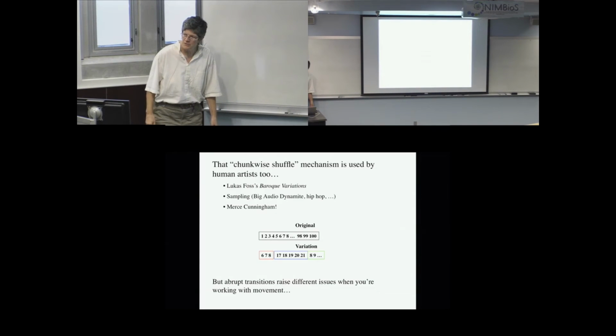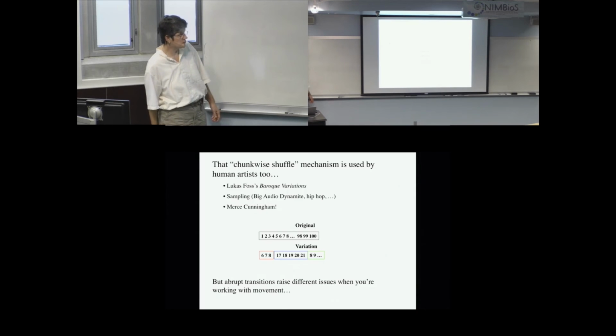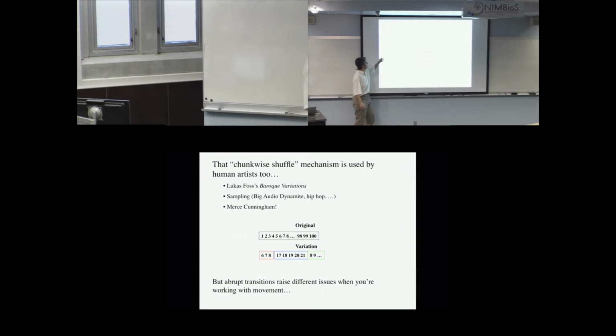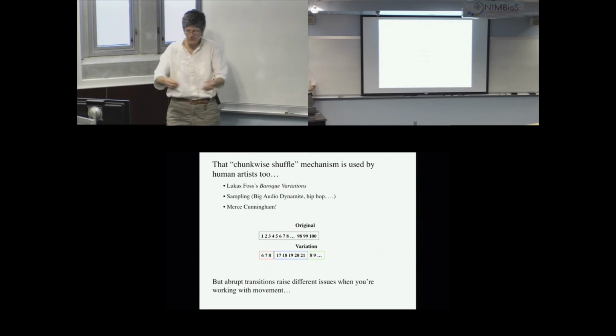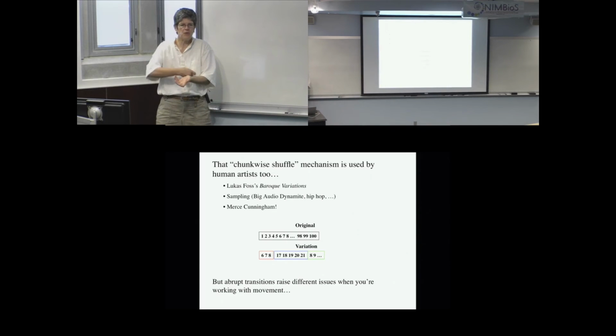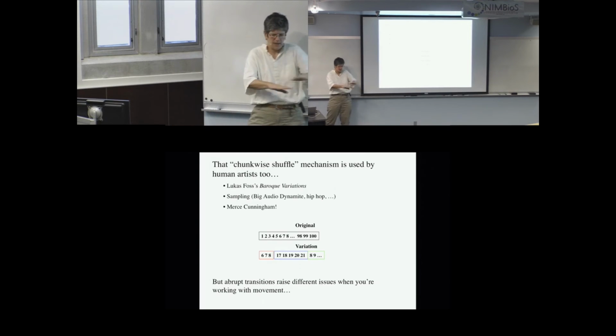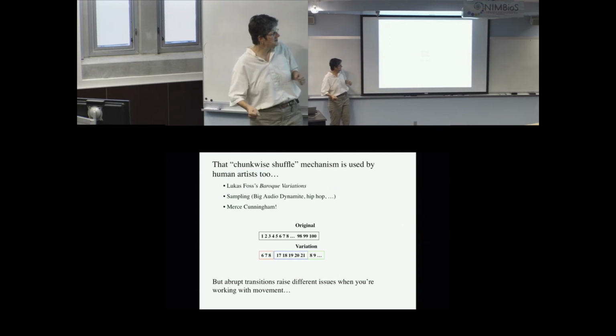Musicians and artists use this. Lucas Foss has used this kind of structure. There's a lot of it in hip-hop. In dance, one of our modern dance pioneers, Merce Cunningham, used this. He would take a dance, chunk it up, and throw the I Ching to select the order of the chunks. And the dancers and the critics and the audiences all hated it. Since then, aleatory choreography has become one of the keystones of modern dance. But there is an issue.